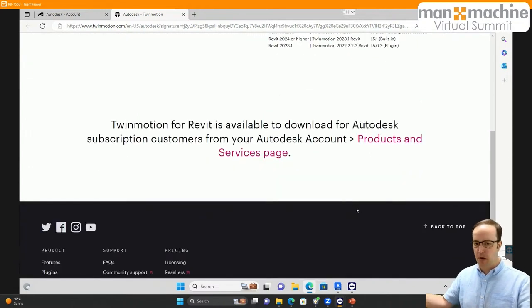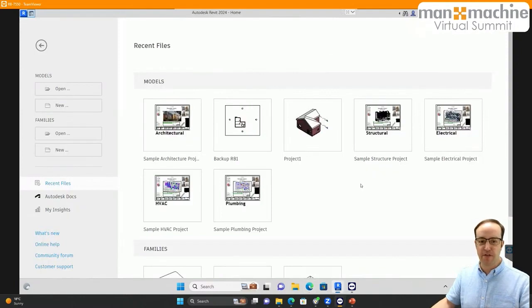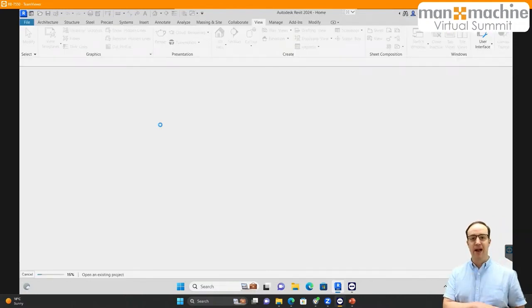Come and reach out to Marcus or one of the rest of the sales team to get more information or advice on that. And just download the version that's relevant for the version of Revit that you're running. I'm in Revit 24, so I've downloaded the latest version of Twinmotion. Fairly big download, 17 gigabytes or so, so it takes about half hour or so to download, but then you are ready to go. So what we're going to do for this is use one of the brand new sample